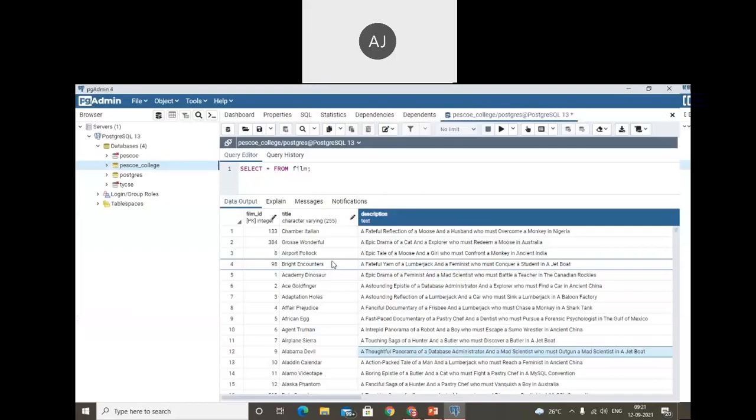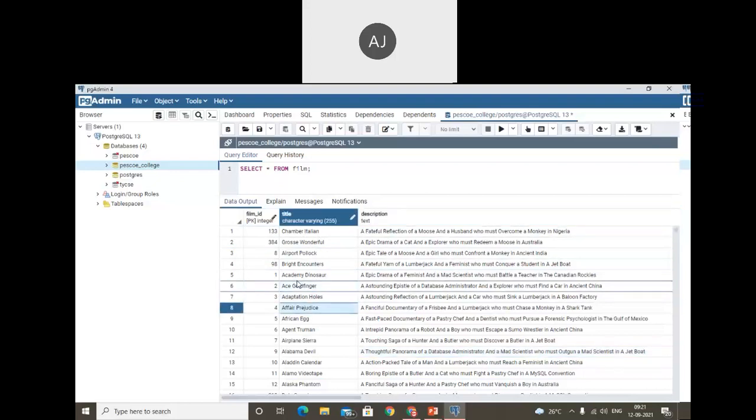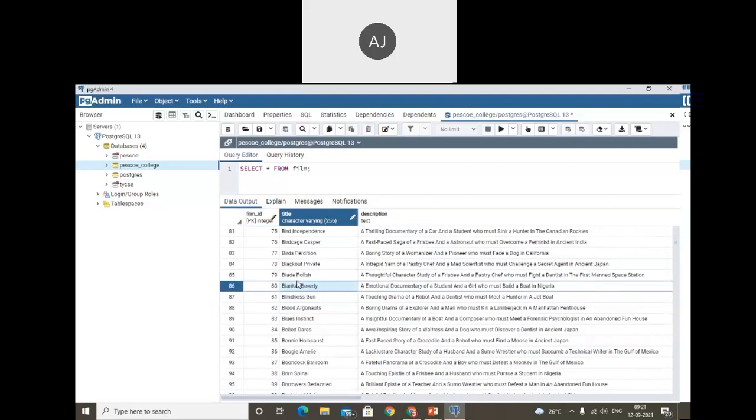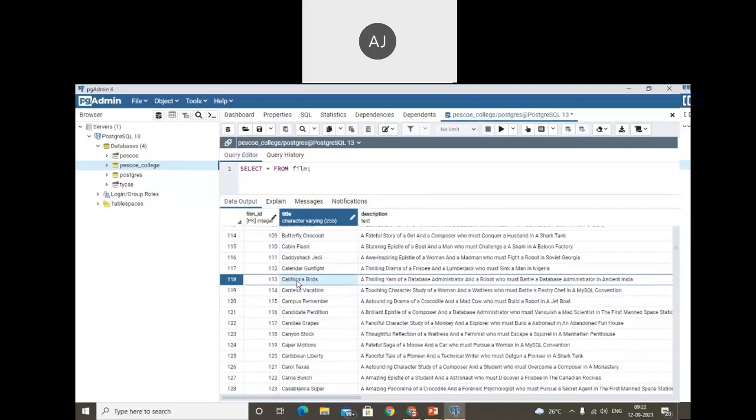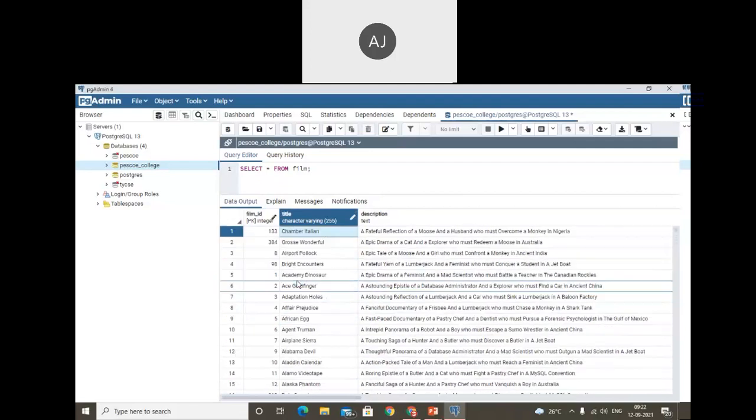We require to use title also. So here is the title. We need to retrieve the films that start with J. For that we need to use the LIKE operator. Have you heard about the LIKE operator? So we need to retrieve that. For that, what should I do? I will use a